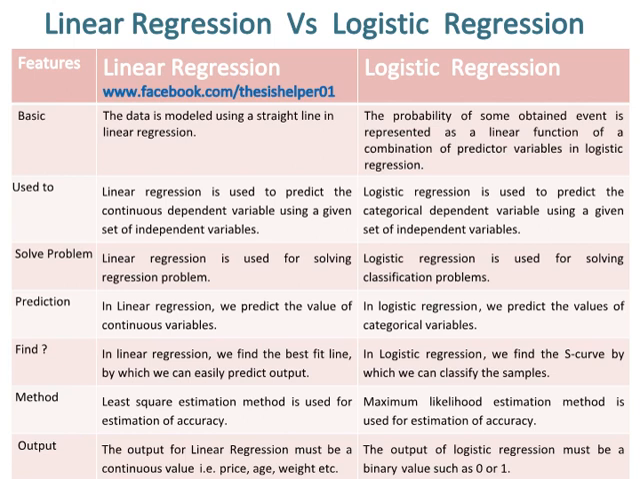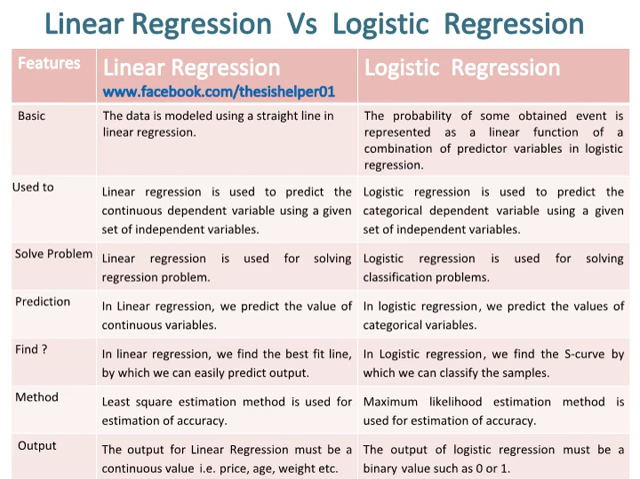Linear regression is used to predict the continuous dependent variable using a given set of independent variables, whereas logistic regression is used to predict the categorical dependent variable using a given set of independent variables. Linear regression is used for solving regression problems, whereas logistic regression is used for solving classification problems. In linear regression, we predict the value of continuous variables, whereas in logistic regression, we predict the values of categorical